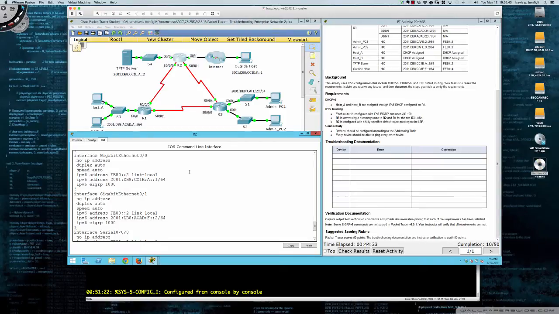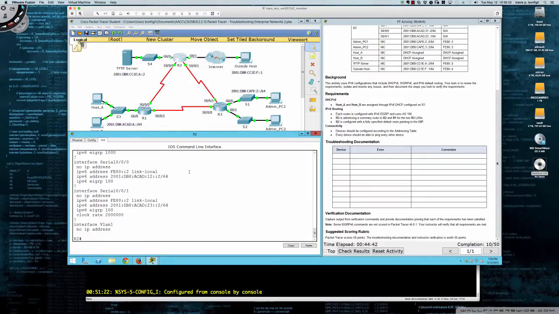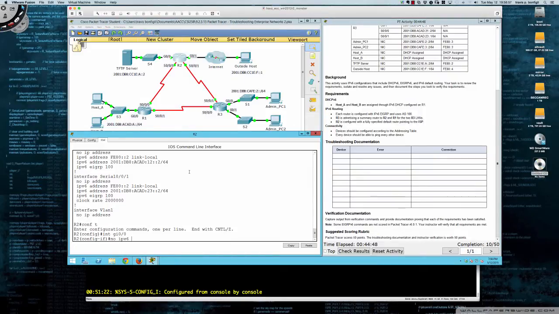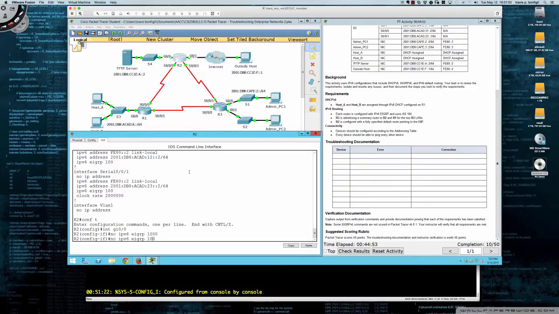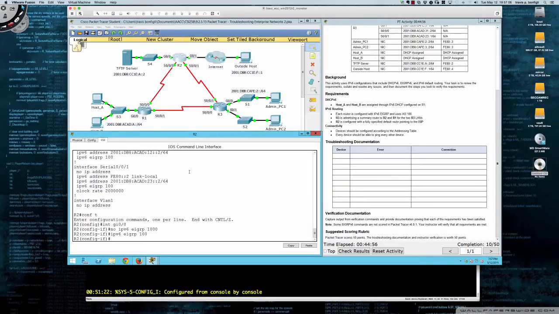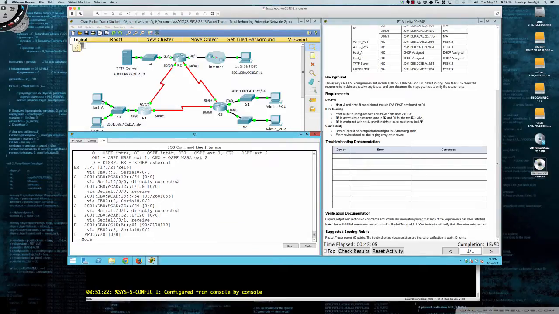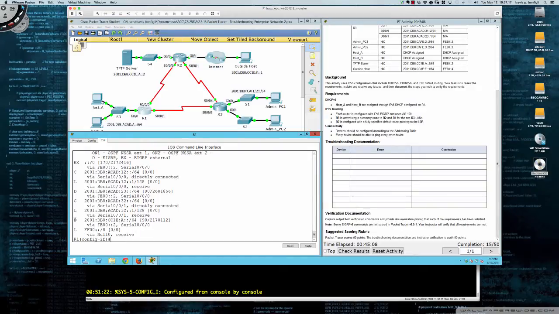So let's sort that out, and it's set on both gig 0/0 and gig 0/1. So let's go ahead and go into global config and say interface gigabit 0/0, no IPv6 EIGRP 1000, and then we're going to say IPv6 EIGRP 100. And so we did gig 0/0 first. So now if I come back to router 1 and type in do show IPv6 route, do I now see an advertisement, an internal, right, the administrative distance of 90 with the metric of